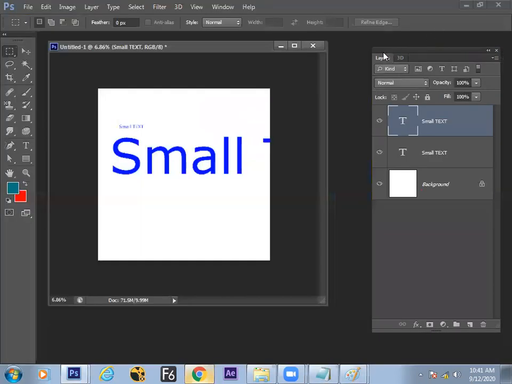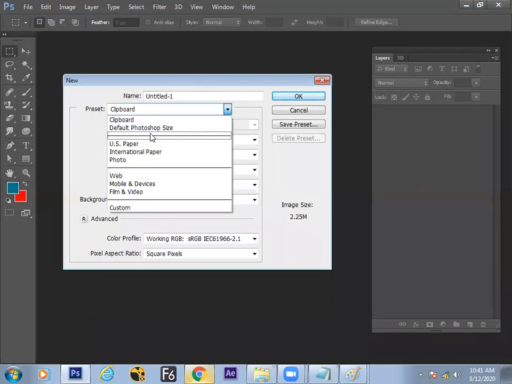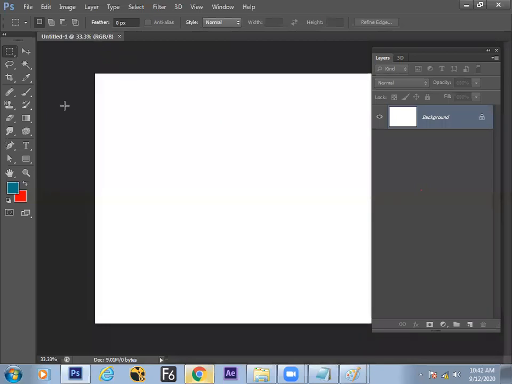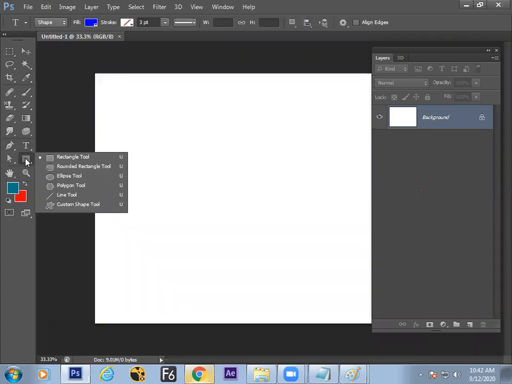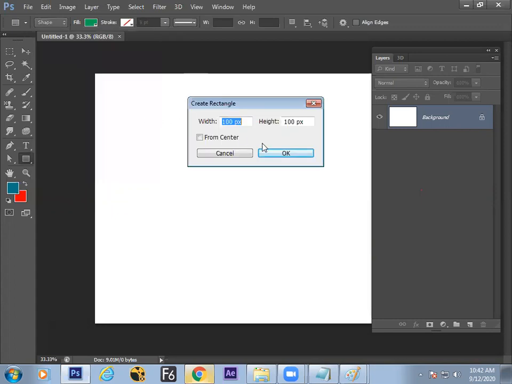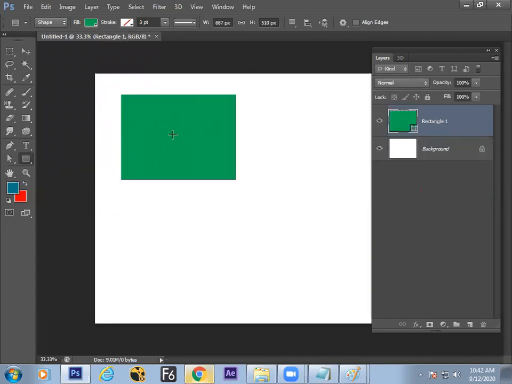I will draw and show you these shapes. Let's do a practical example. I'm taking a default photo size of 300 by 300. Click OK. So this pen tool here is a vector. This text is a vector. And this rectangle is a vector. I'm taking the rectangle here. Right click, take rectangle. And you have fill color here. I'm choosing the color. I can choose some green color. And you can just draw like this. When you draw, it is a vector shape.